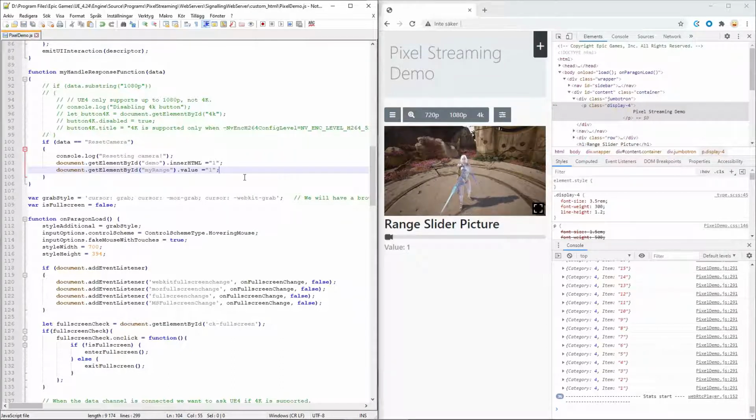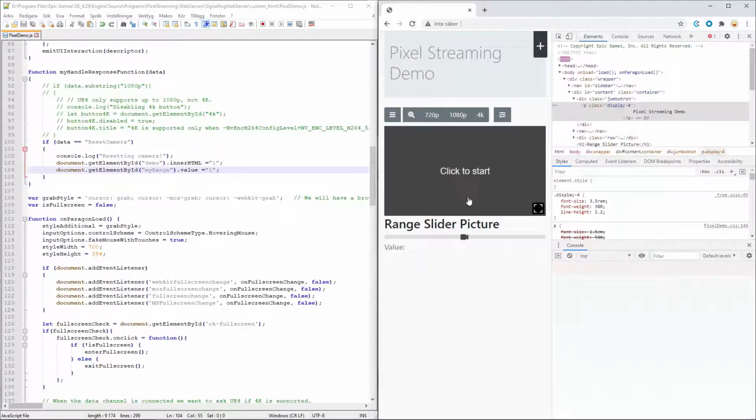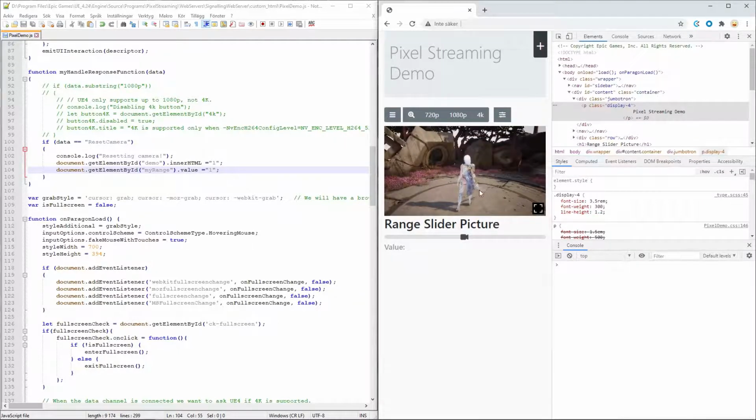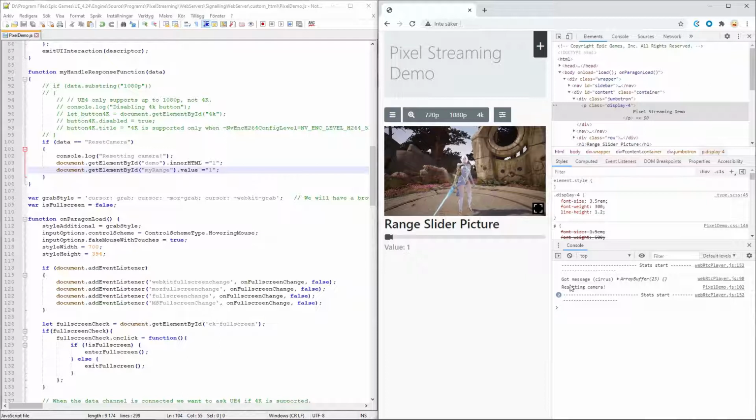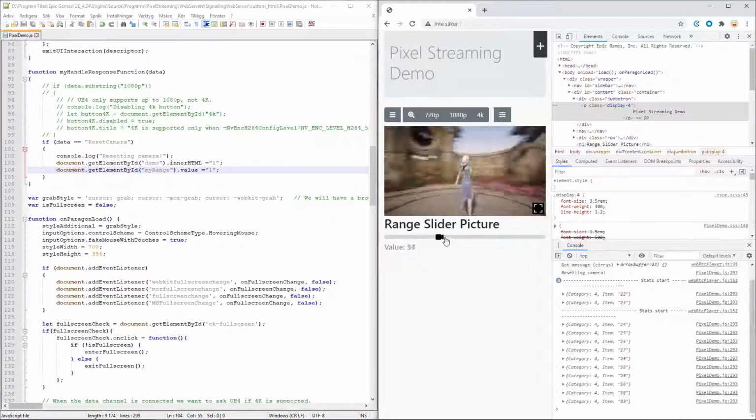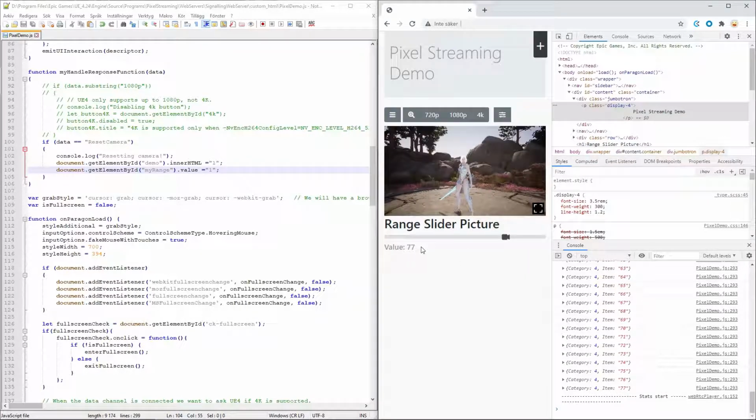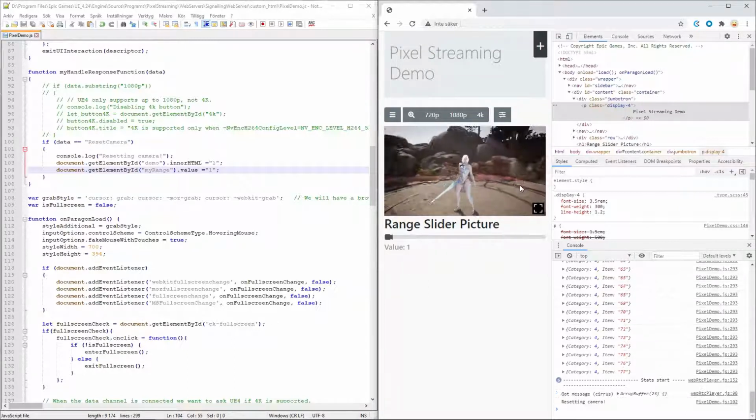And save that. Whenever we reload this website now and press 1, let's clear the console. It should say resetting camera, as well as set both this value, the text and the slider, to 1.